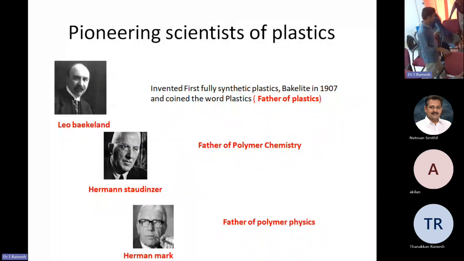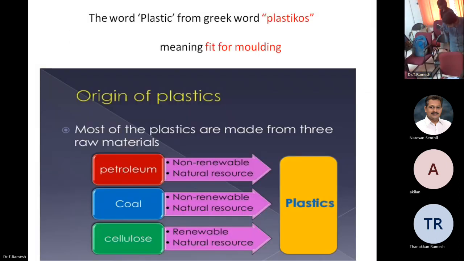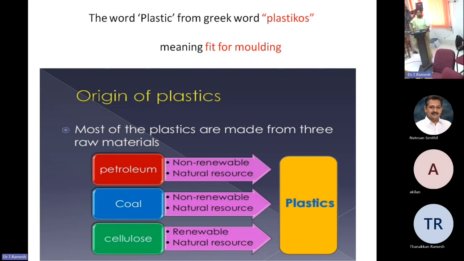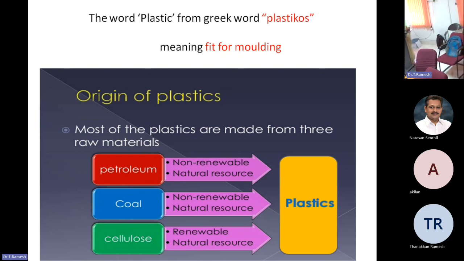Yes, please, next one. The word plastics comes from the Greek word plastikos, meaning fit for molding. Any number of times it can be heated and further material made out of it. And plastics mainly came from three important raw materials. The first one, petroleum and coal. They are of course natural sources, but non-renewable. Petroleum and coal, the first two. And also bioplastic is made from cellulose, which is plant-based, natural as well as